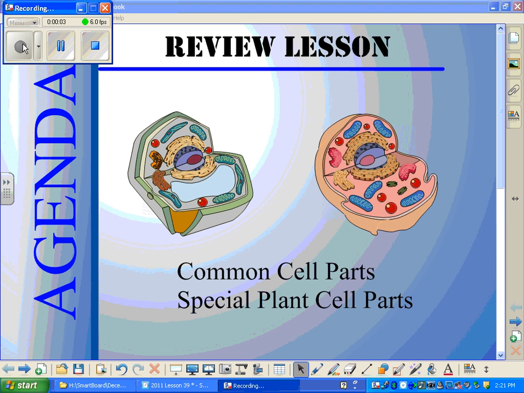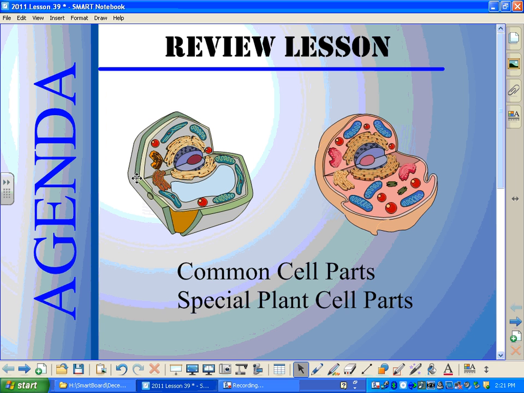This is a review lesson on cell structure. In this lesson, we will tackle two topics. First, we'll discuss common cell parts that both plant cells and animal cells have in common. And then we'll move on and specifically talk about cell parts that are unique to plant cells, parts that animal